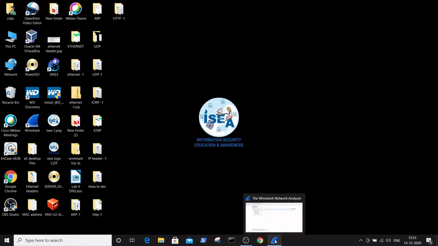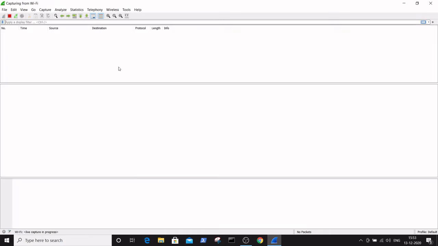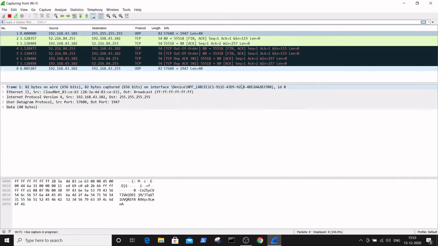So just click on this Wireshark Network Analyzer tool. You can see here I connected to the Wi-Fi, so it is showing that it is an active interface. Just click on this to capture the packets. Here the packets are getting captured. So for TCP IP packets,